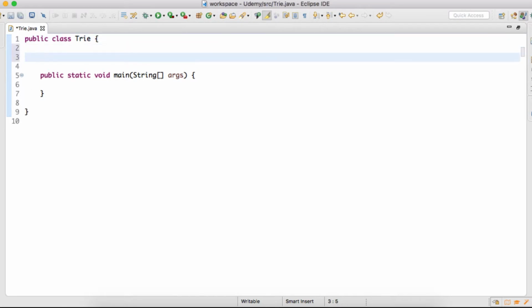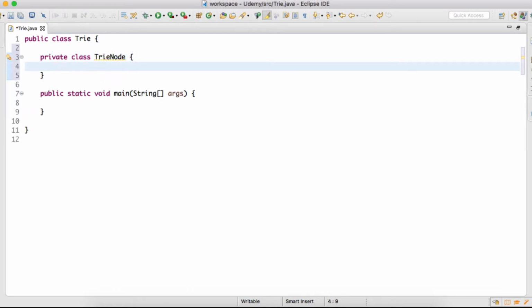So friends, in our previous tutorial we discussed that a trie is implemented by a trie node class. So first we'll create an inner class and give it the name TrieNode. Also friends, we discussed that a trie node has two data members.